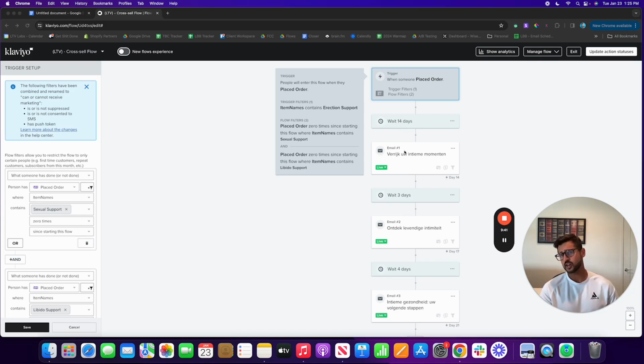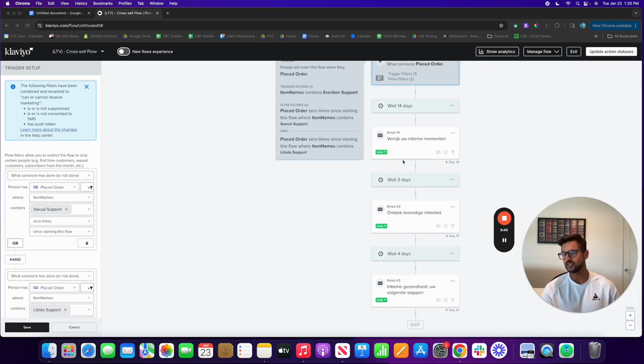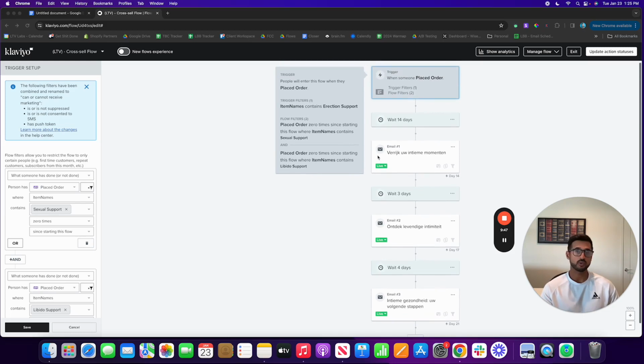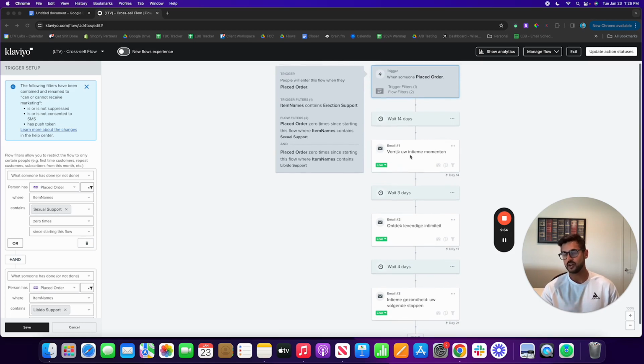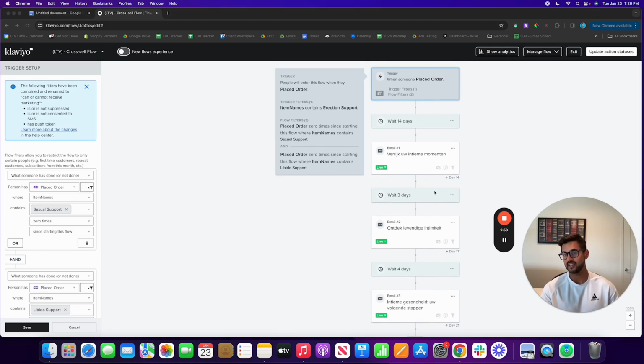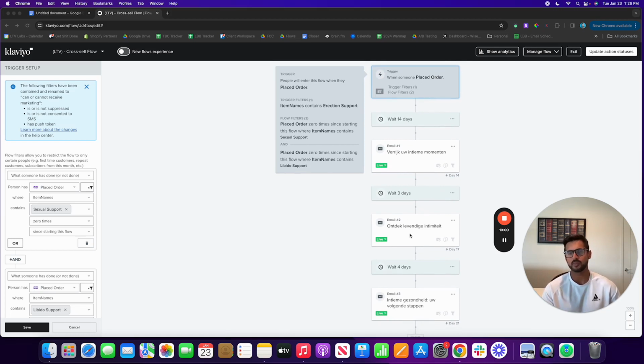And with this cross-sell flow, we're going to do email number 1. So we want to have like 3 emails or so within the cross-sell flow. We'll do the first email that's sent 2 weeks after someone places an order. And then we're going to wait 3 days and follow up with them again. So the second email is more of a follow-up email reminding them of the cross-sell offer,